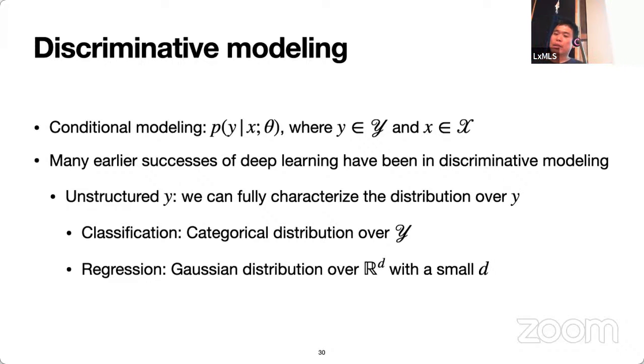And in this particular case, we're going to largely focus on what I'm going to refer to as unstructured Y. That is, the output is going to be essentially extremely simple. It's going to be either one of the k possible classes, or in the case of regression, it's going to be extremely low dimensional. And then the correlations among these dimensions will be low. Now, it doesn't have to be like this. We can always make a conditional generative model to capture all those complicated statistical dependencies among the dimensions of Y, but that's kind of, let's say, out of the scope of this talk. And discriminative modeling or the supervised learning is where the actual success of deep learning has been so far, and in particular in drug discovery as well.